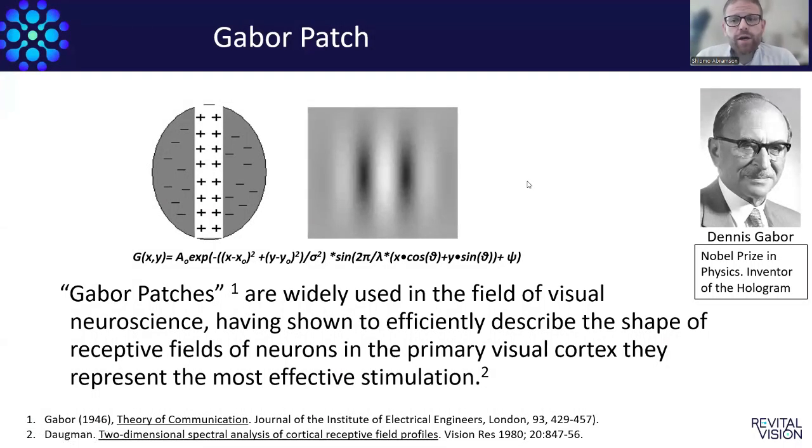The first is the Gabor patches. This holographic image is considered to be the most effective visual stimulation. If we try to visually stimulate the cortex and measure the neural response, the Gabor patch will induce the highest response of all other images. The reason for this is because the shape of it perfectly matches the shape of the neuron's receptive field in the primary visual cortex. The Gabor patch was discovered by Dennis Gabor, a Nobel Prize winner in physics who discovered